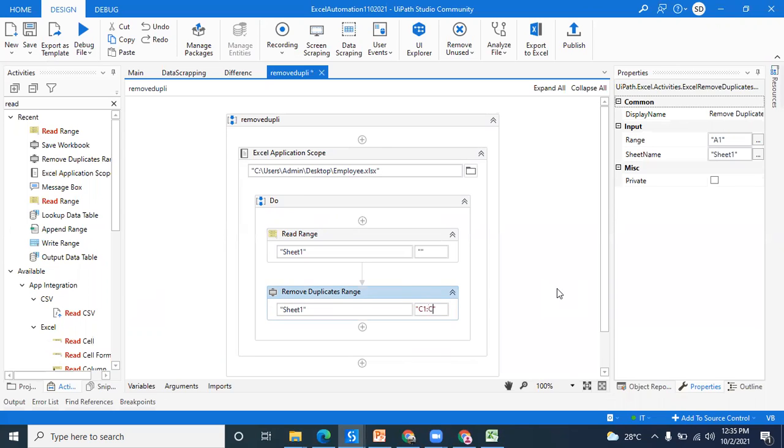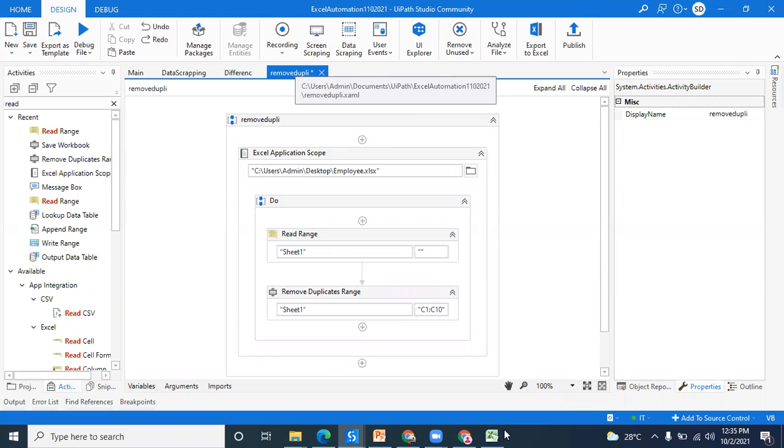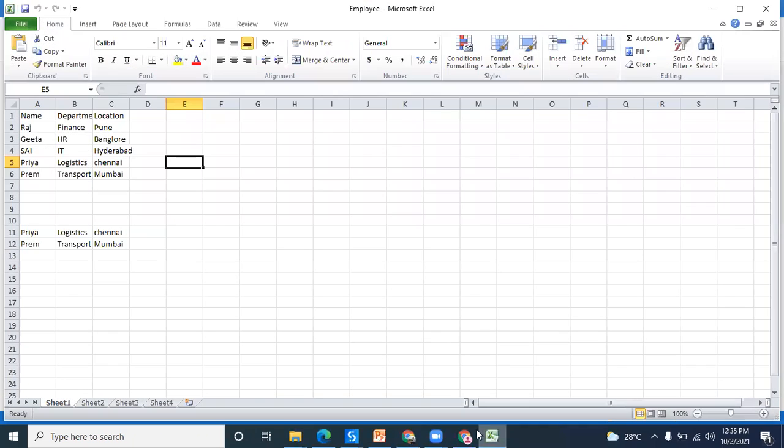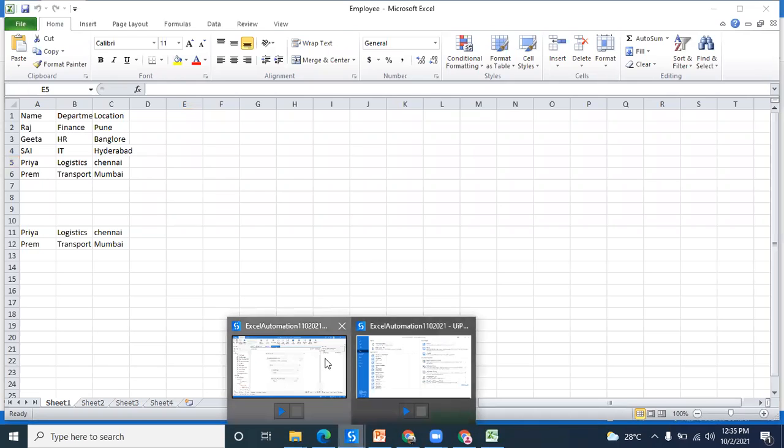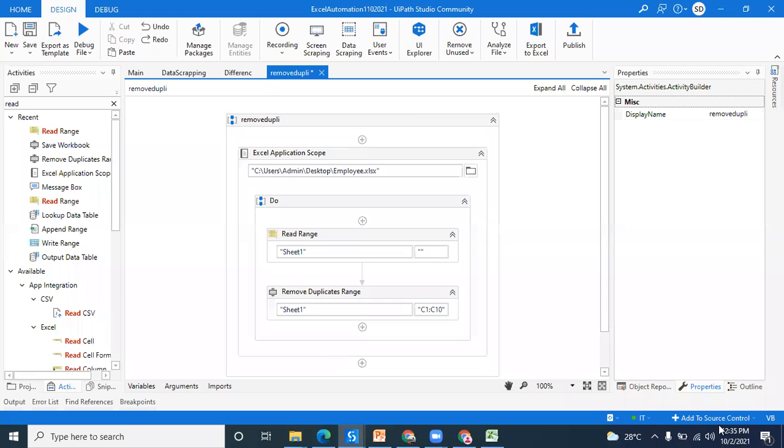C1 to C10, we can put that. Only location, you can just put the range of that particular column. Understood? Okay. Okay, fine. We will start